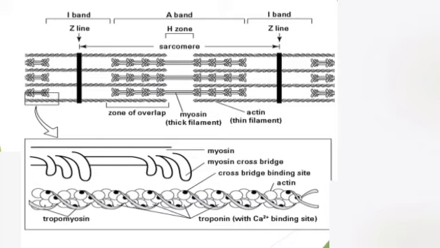And students, remember one thing, troponin itself has three subunits: TNI, TNT and TNC. What is the function of TNI? It is basically an inhibitory subunit that binds to actin. What is TNT? TNT binds tropomyosin with actin. And TNC binds calcium ions. So both troponin and tropomyosin help to control the myosin actin interaction, which is involved in the contraction of skeletal muscles.